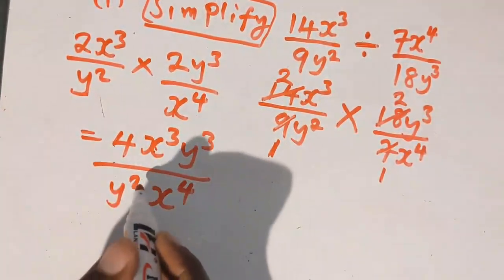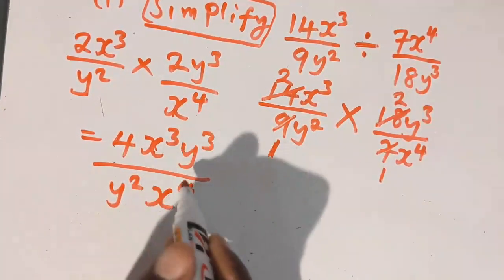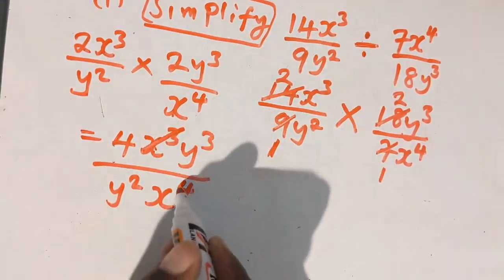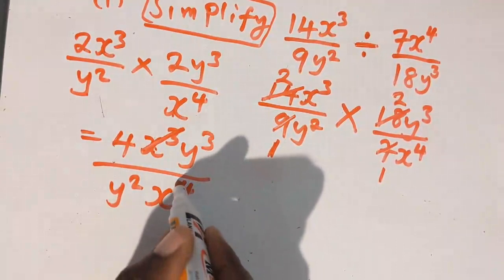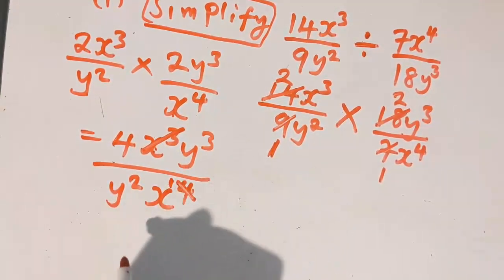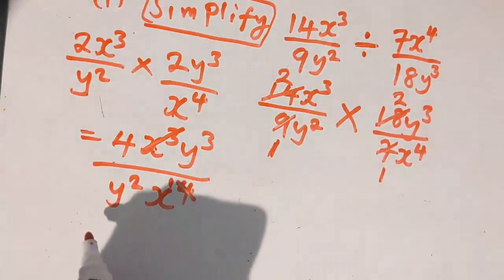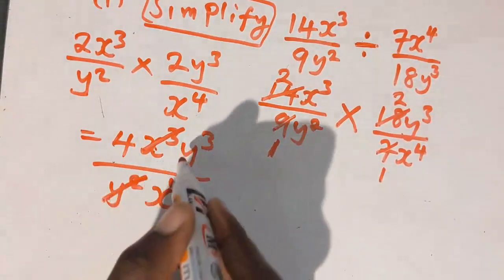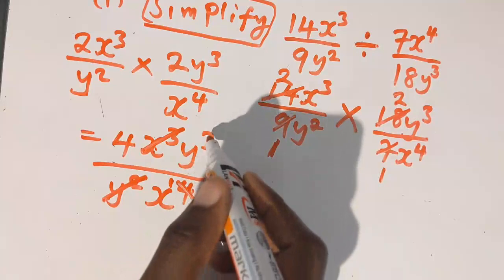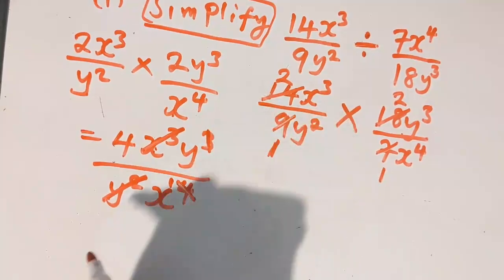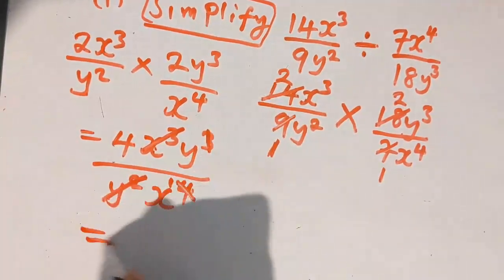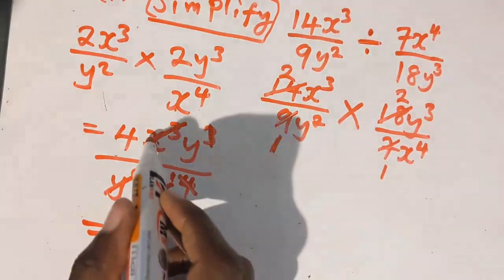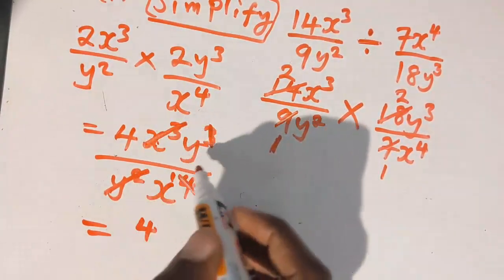But that is what you are supposed to do. So here what you are supposed to do is that 3 will go, then here only the 4 will go, but it will be power 1. Then here the y will go, because y will enter in this, so here the power will go like that. Then the answer will be, you have 4. Do we have any y here? Yes, we have